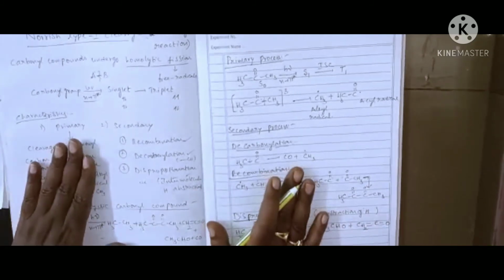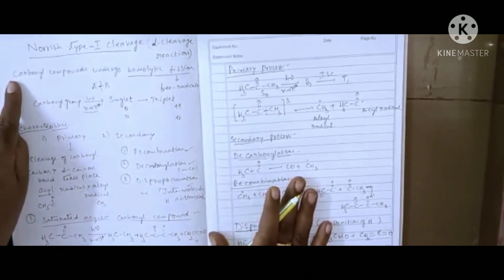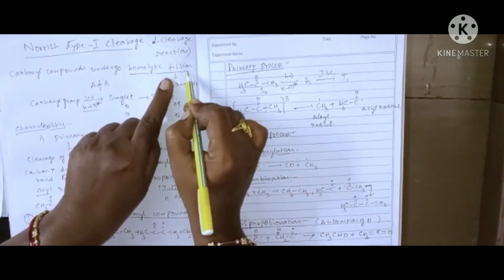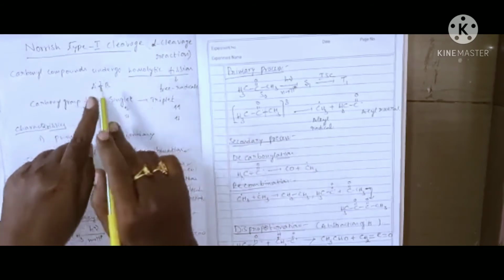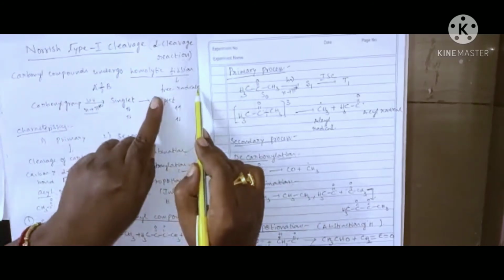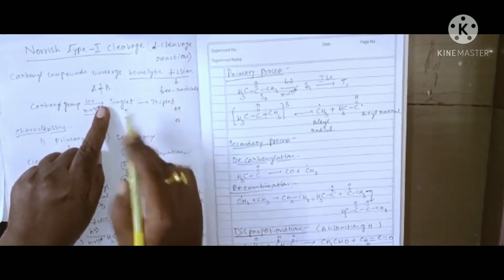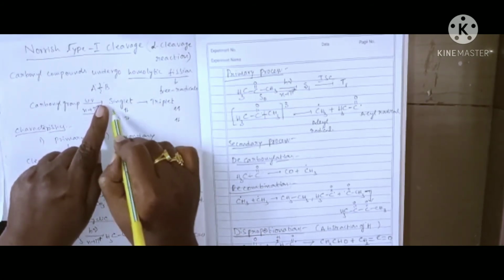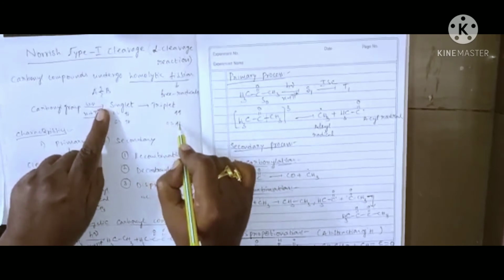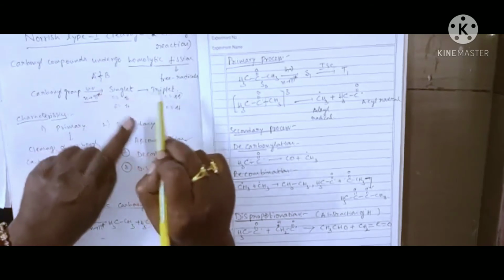Okay, so I am repeating again. Norrish type 1 cleavage is an alpha cleavage reaction. It is applicable to carbonyl compounds that undergo homolytic fission. Homolytic fission means breaking of a bond, where the electrons are equally distributed between the atoms to give free radicals. And then you have to know what the singlet state and the triplet state are. Singlet state means in the ground state the electrons are antiparallel and in the excited state they are also antiparallel. In the triplet state, in the ground state they are antiparallel, in the excited state they are parallel. So that is the difference between the singlet state and the triplet state.